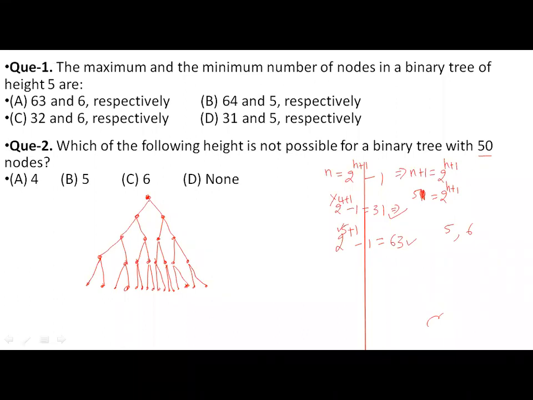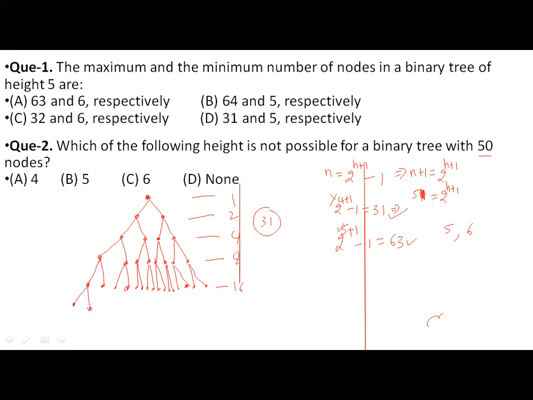Now what is the height of this tree? 1, 2, 3, 4. Now the height of the tree is 4, and you cannot accommodate any more nodes here. So what is the maximum number of nodes here? See here, this is 1, 2, 3, 4, 5, 6, 7, 8, 9, 10, 11, 12, 13, 14, 15, 16. So in this level 16. Here you will have 8, here you will have 4, here you will have 2, and here you will have 1. So this amounts to 31 nodes. More than 31 nodes, then the height obviously becomes 5.